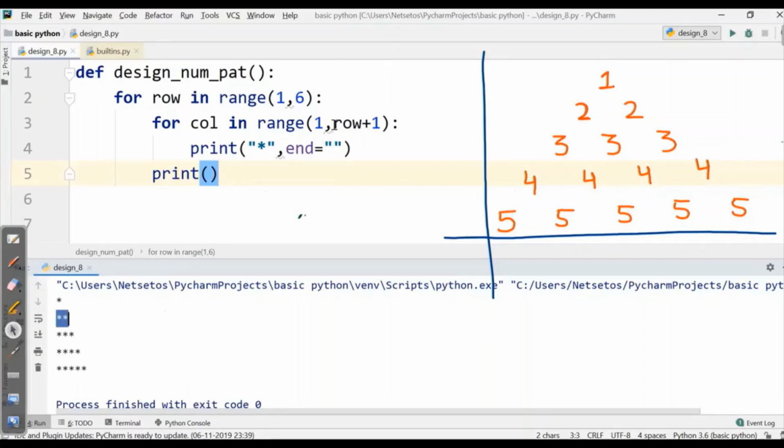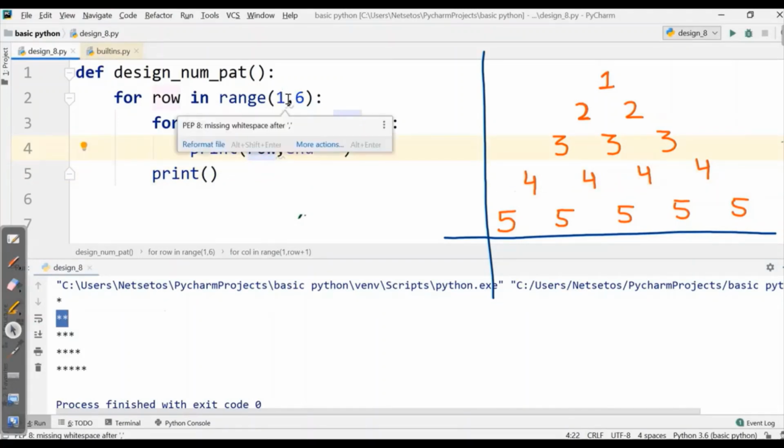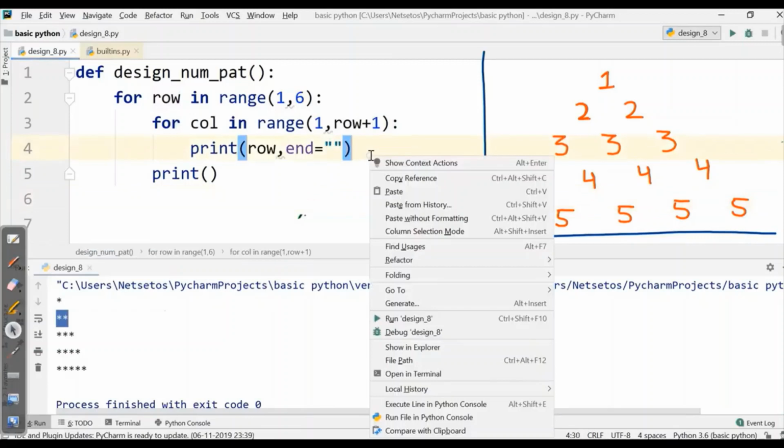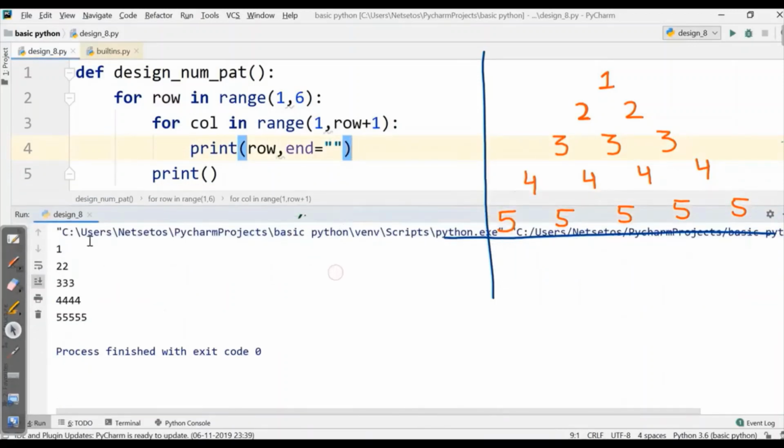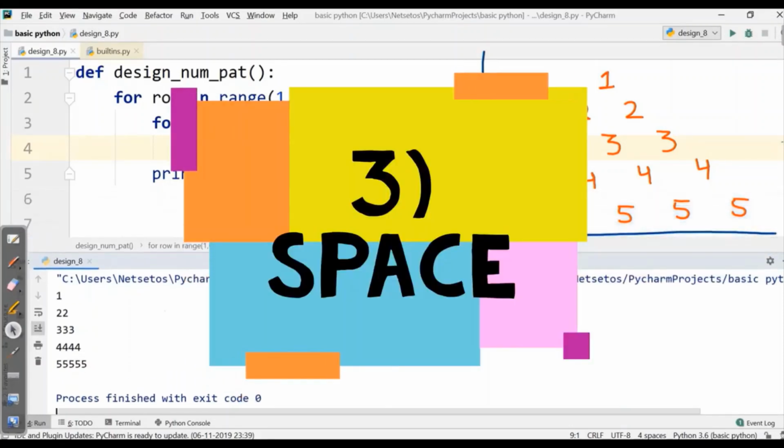Now I need a numerical value. So here I'll write row because I want rows value. If it is one row, I want one value. For two rows, two value, and similarly thereafter. So when I run this, I got 1, 2, 2, 3, 3, 4, 4, 4, 5, 5, 5, 5. Now third point is space.